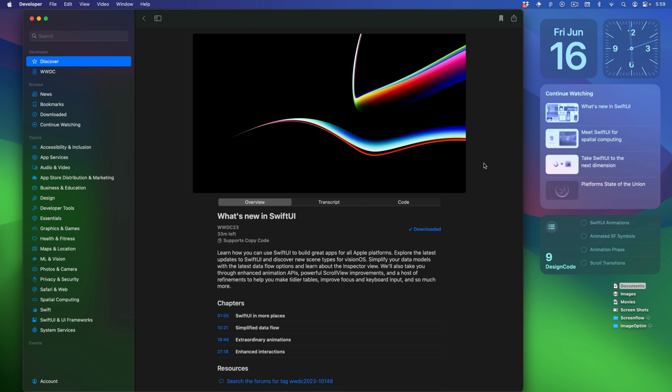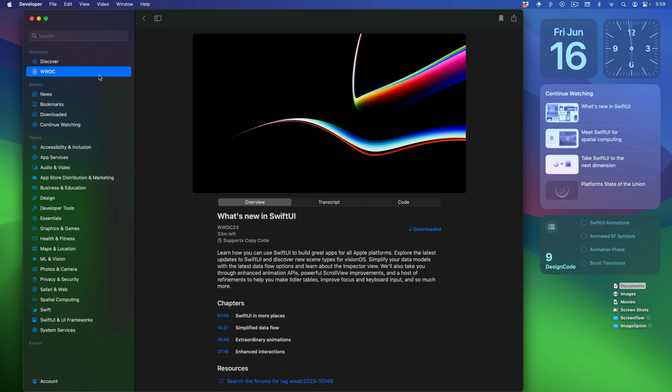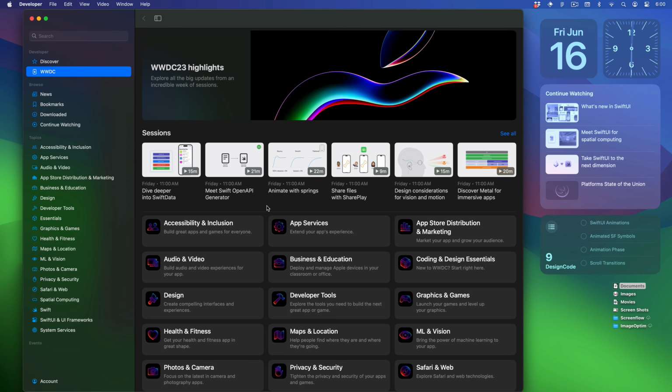Now, before we go, I do want to share some of the best resources to learn SwiftUI alongside this course, starting with the developer app. And this is where I'm going to be sharing a lot of the videos that will be helpful for each of the topics that we will cover. First, you're going to want to head to the App Store, where you're going to search for developer app, and this is available in iOS and macOS,